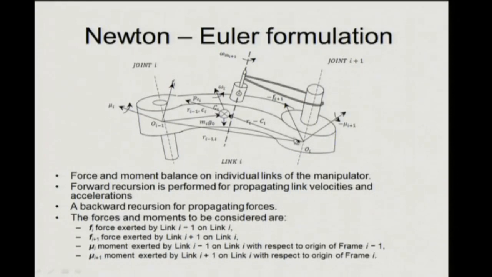Now, the moment vector and the force vector need not be along the same line, even though this is the joint axis, and they need not be along the same axis. So, it is very clear that they need not be on the same axis, and then you have the center of mass, you have all these vectors which we talked about, Ri, then there is center of mass Ci, then there is omega I, and then there is the motor I plus,